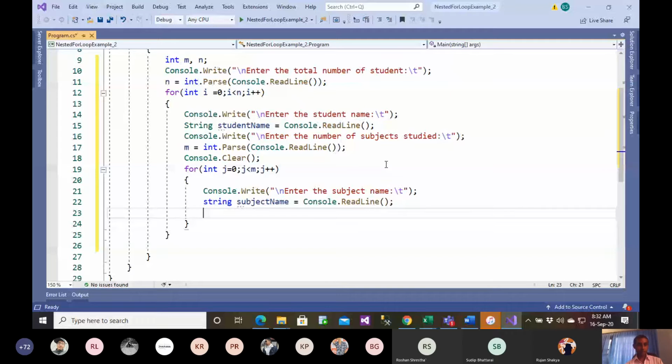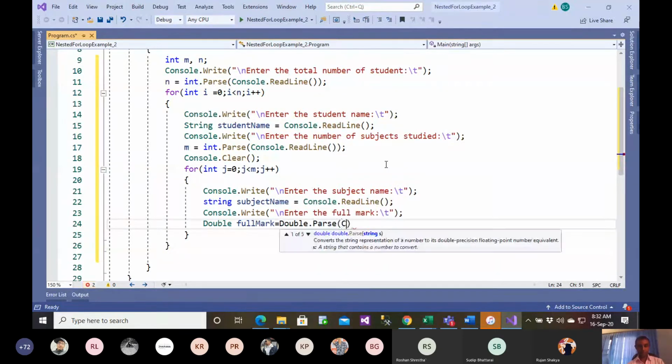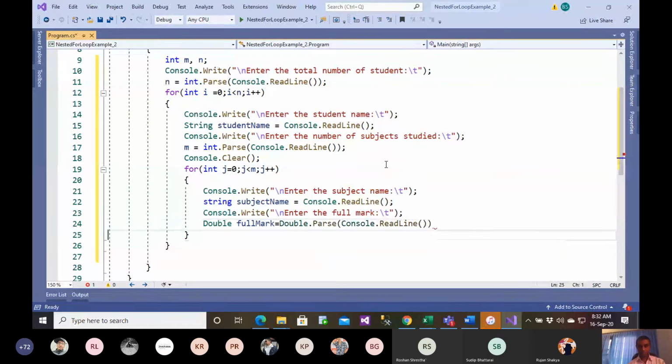What you need is here mark. And we can declare a variable. All right.